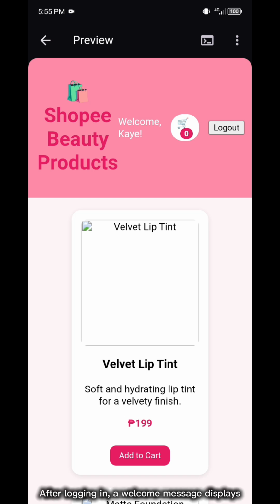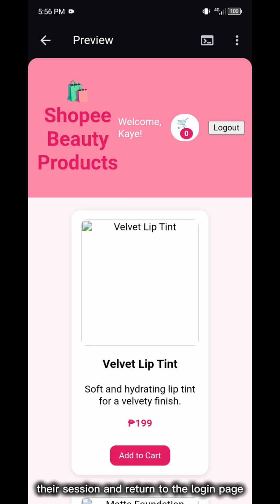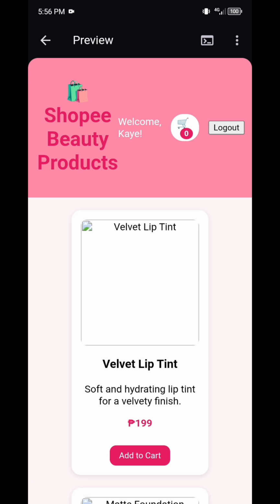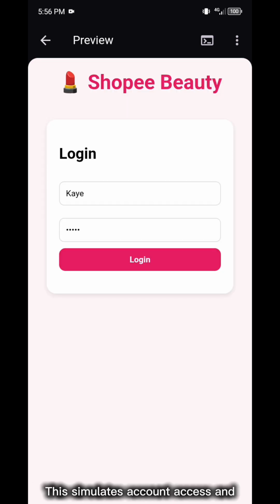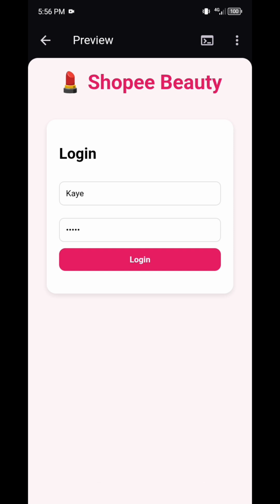After logging in, a welcome message displays their username. The logout button allows users to exit their session and return to the login page. This simulates account access and helps in controlling which users can shop.